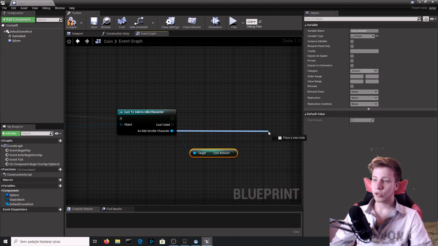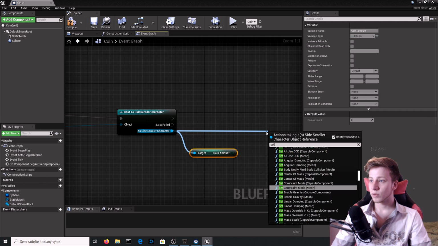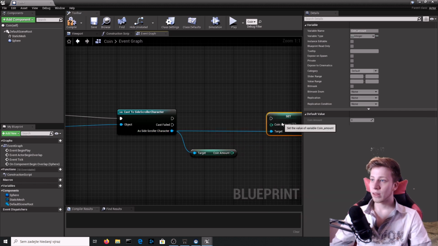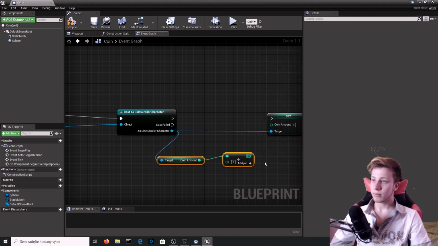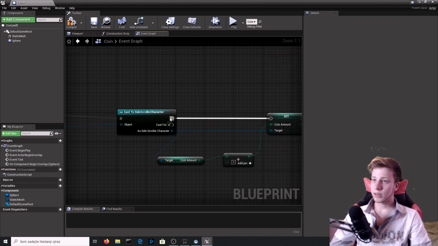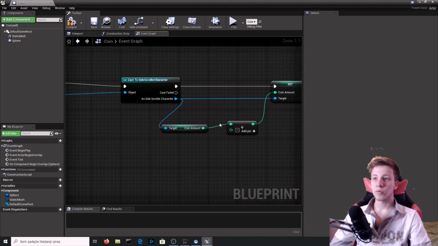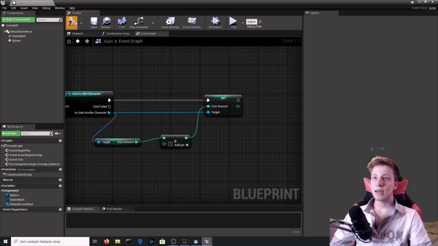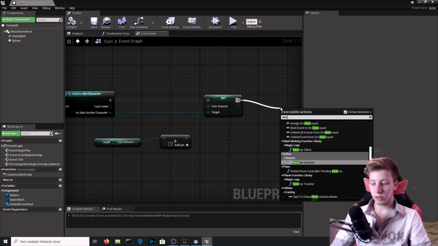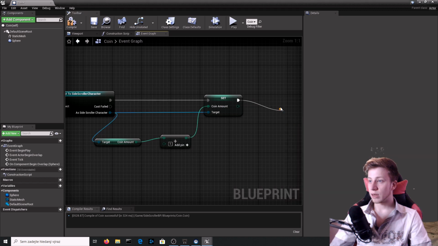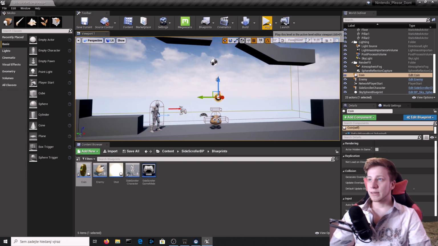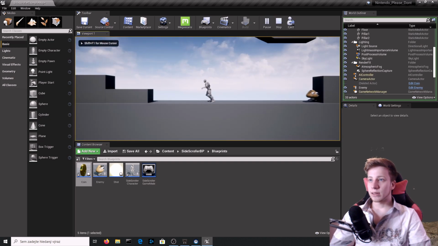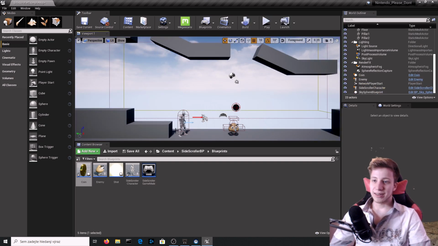And one more thing, we need to set our coin amount. So set coin amount and set it to +1. So what it actually does, it asks our side-scroller character what is coin amount, and then it adds 1 to it. Okay, and then it will destroy itself. Destroy actor. Okay, compile, and you can see, but you can take it, but now it doesn't actually do anything